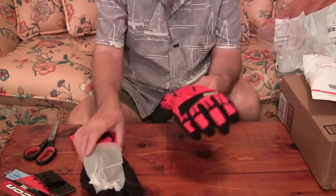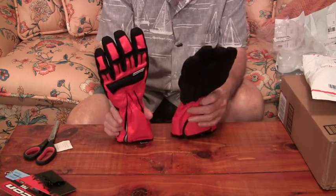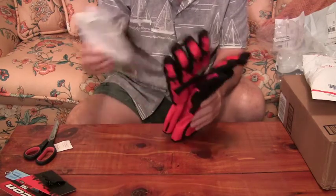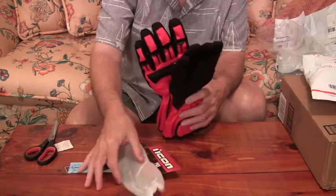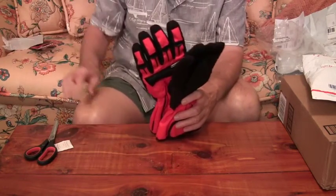your motorcycle gear, then Motorcycle Gear is the way to go. They have closeouts all the time. Generally, it's like last year's model, you know, for one reason or another, I don't know. I don't know where they get all these closeouts, but there's some real bargains that I've seen in the closeout